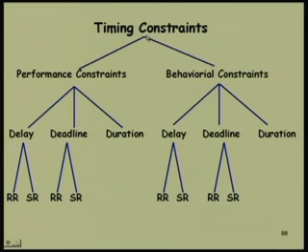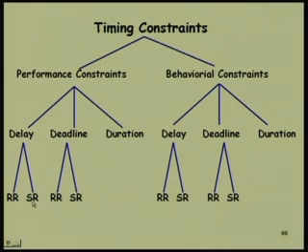So, we said that the timing constraints are basically 2 types. One is the constraint on the response of the system, which we called a performance constraint, and then the environmental events also there can be constraints on them, we call them behavioral constraints. So, 2 main types of constraints we will be dealing with in any system, and if we look closer into the performance and behavioral constraints, we will see that the performance constraint can be either a delay, deadline or a duration, and the delay constraint